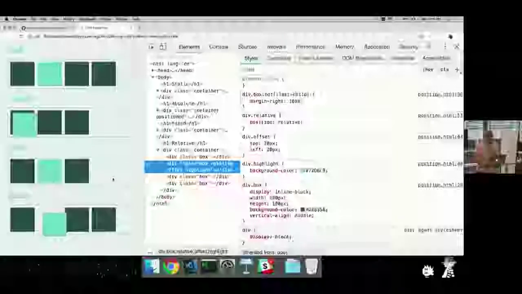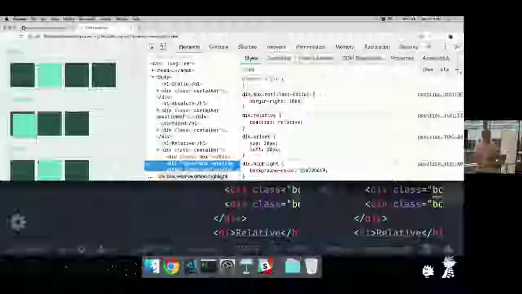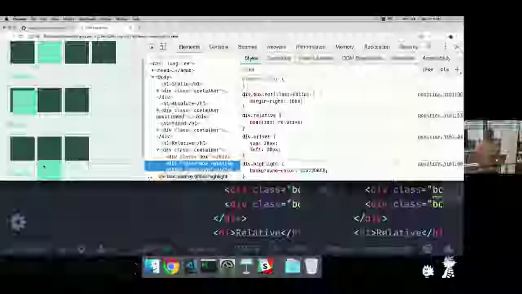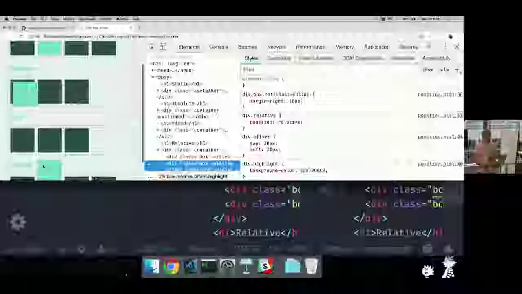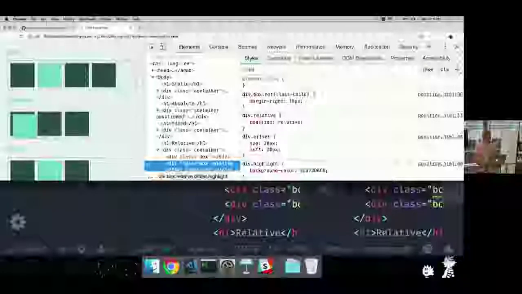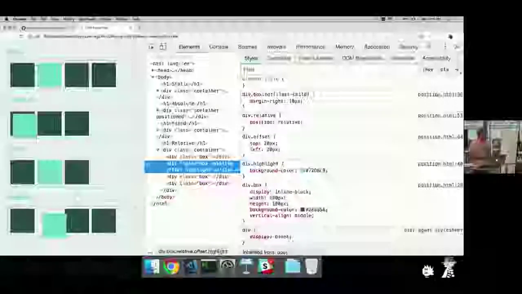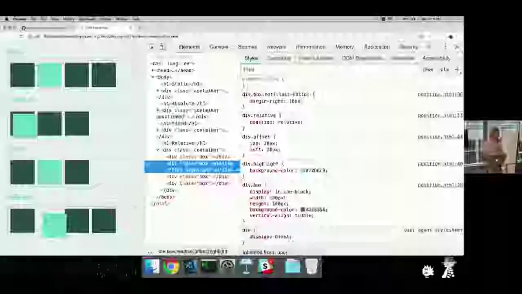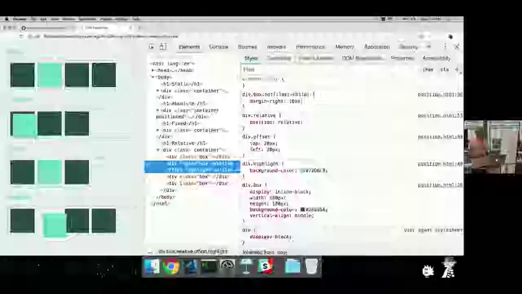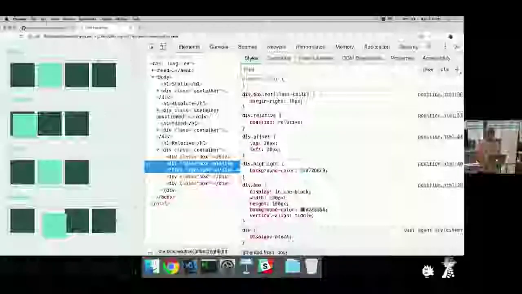So where was I? Okay. So we were talking about this fixed element. Naturally, it would just go here, but it is actually not affecting any of the elements after it, which is kind of interesting. And then when I scroll, it's going to stay positioned wherever it last was, or wherever it left off in that viewport. All right. The one thing I want to show you, though, is there is sort of a relationship between absolute and relative that is not very intuitive, like the rest of CSS, I guess.